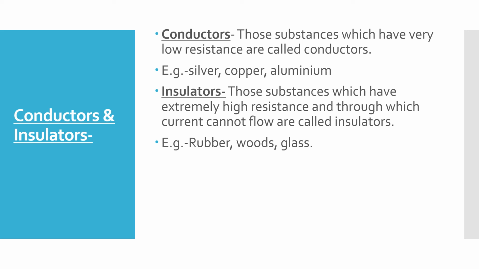You know, in our domestic circuit appliances, a copper wire is used because copper wire is a good conductor of electricity. And while doing the work of electricity, we can use rubber slippers, or we can take a wooden stool or chair, etc. for that work, because all these substances are insulators of the electricity, and therefore we can use these substances while doing any work with the electricity.